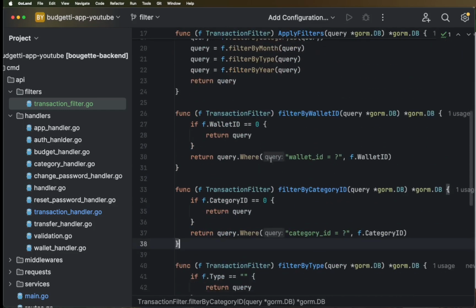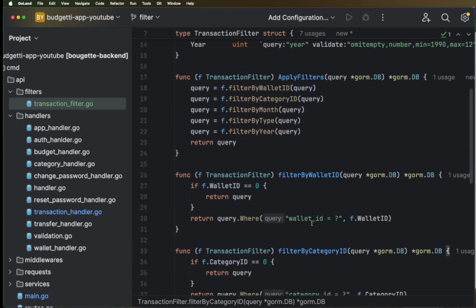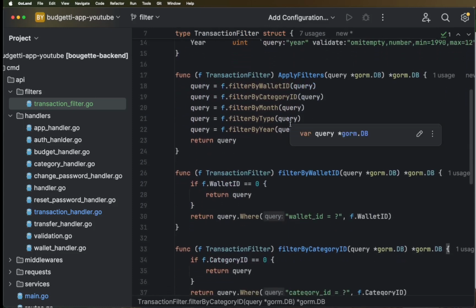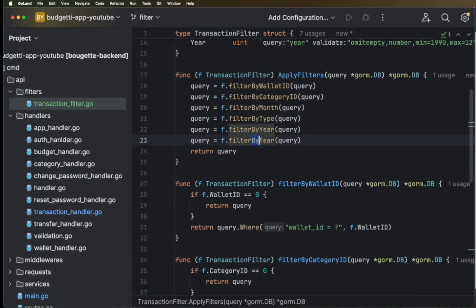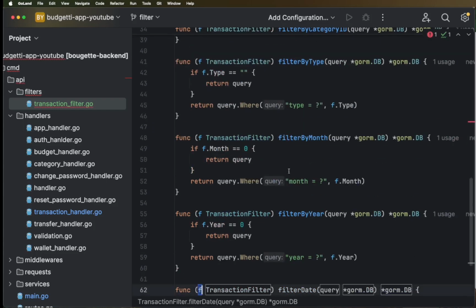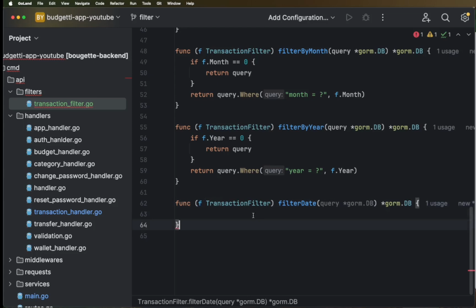So the next thing I want us to implement now is the filter by date, which is a bit more tricky. So I'm just going to call this filter by dates, and I'm going to create that method right here. Now, for the filter by dates, it is a bit tricky, unlike these other ones that are quite